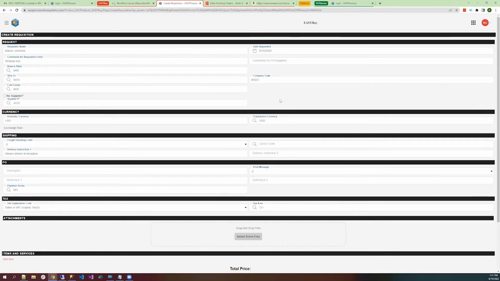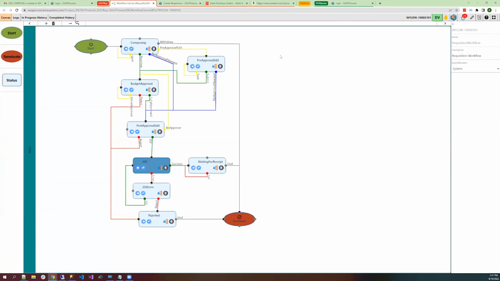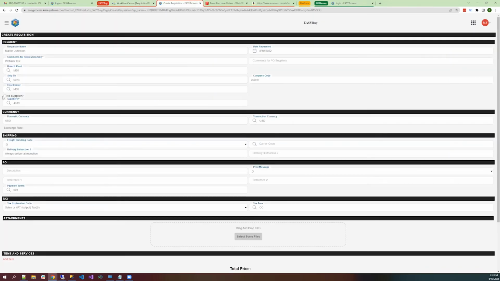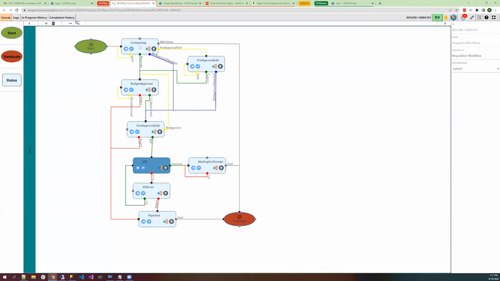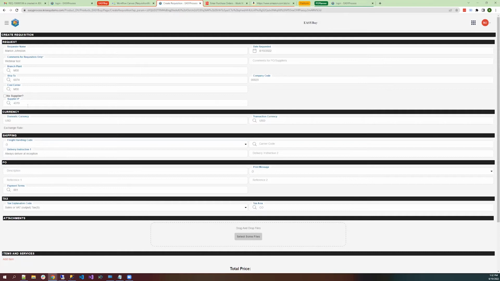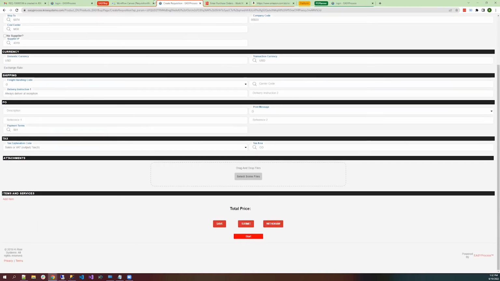And Ben, you have up there no supplier. So another use case might be a requisition where the supplier isn't even noted up front. It could be later in the process, prior to the final approval, right? Yes, that's what I was talking about with the pre-approval edit. We could check this box, and in that case, if we submitted, it would have to go through some buyer to define a supplier before it went to the budget approval step. But in the case where we already have one, it just skips that step.